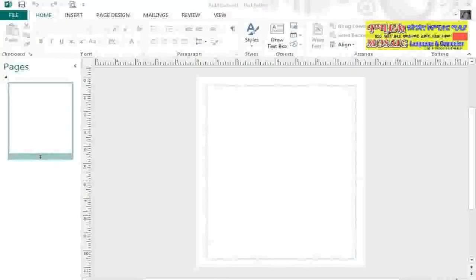So once you've created a new publication, and you generally understand the components of the Backstage view, it's important to become more comfortable with the rest of the Publisher application's interface. So let's start from the top of the screen and work our way down to better understand the components of the interface. So first, I always like to start in the upper left-hand corner of the screen, which is where